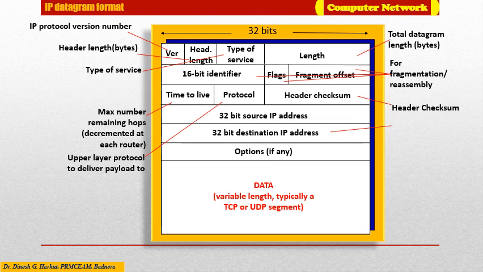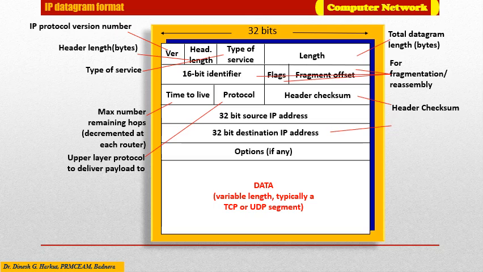The next field is the header checksum. The header checksum helps a router in detecting bit errors in the received IP datagram. The header checksum is computed by treating each 2 bytes in the header as a number and summing these numbers using 1's complement arithmetic, which is stored in this checksum field. We had already explored the checksum mechanism in our earlier session. After calculating the checksum, that value is stored here in the checksum field.